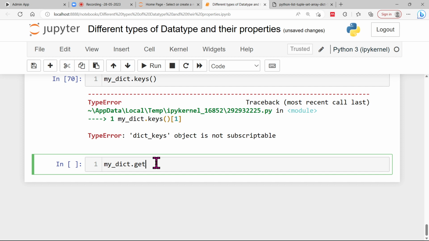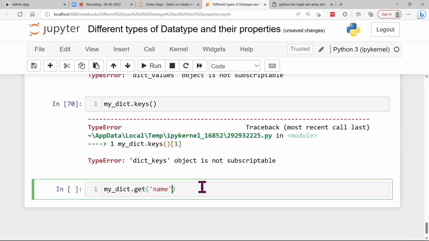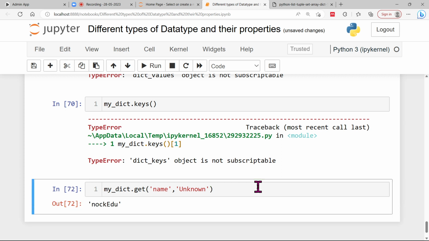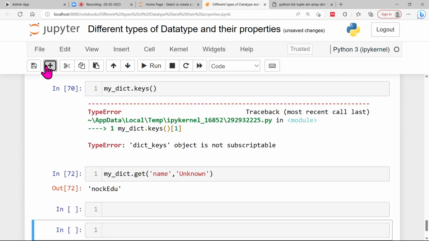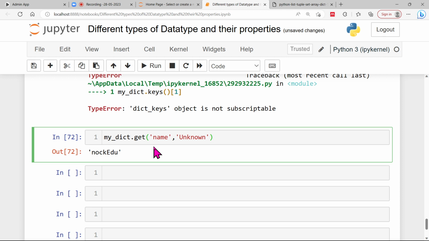Get my unknown, right? It's also printing just Arduino, not the unknown. So if you want to get some name value on the basis of this altered value,